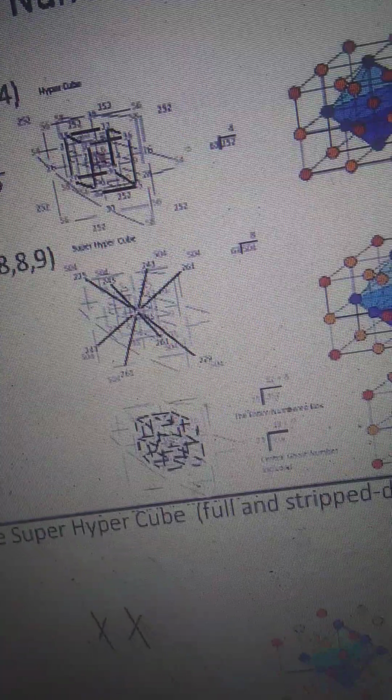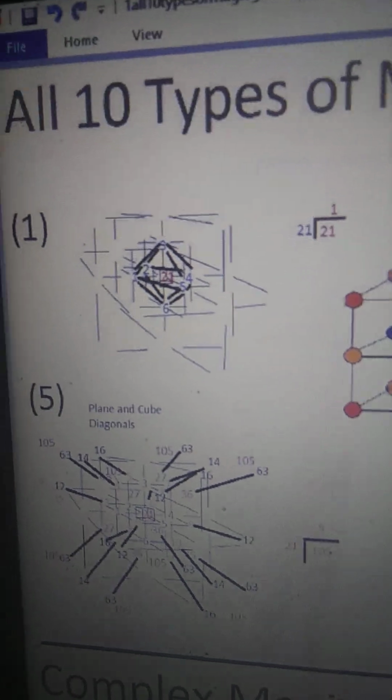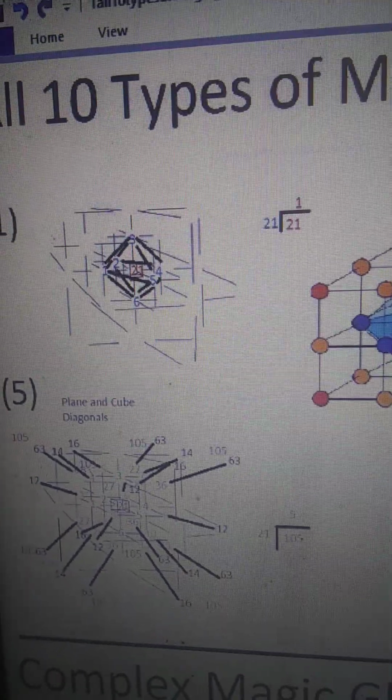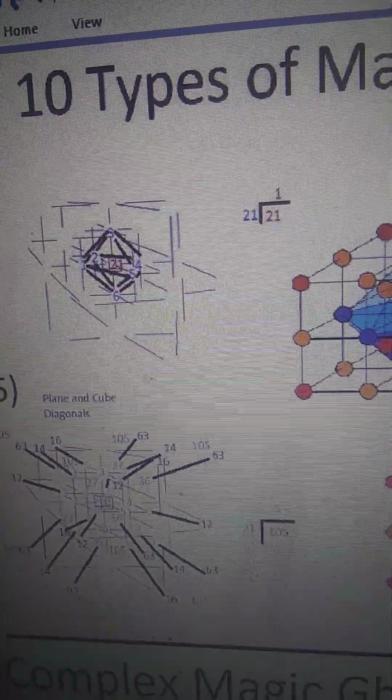But here's the super hyper cube. Matter of fact, I'm going to try to blow this up without screwing up anything. Not blow it up, but increase it in size, but the same thing. So these are all 10 types, these patterns that they make, these diagonals,